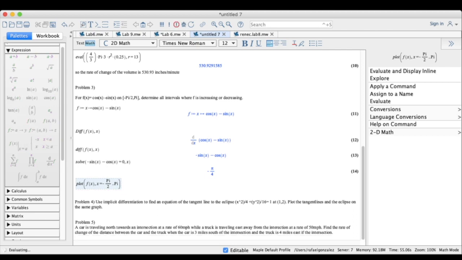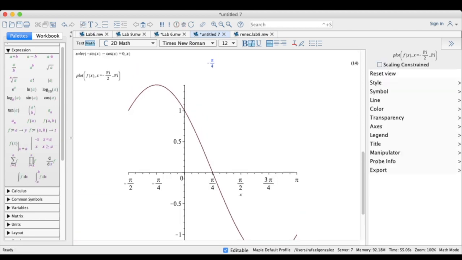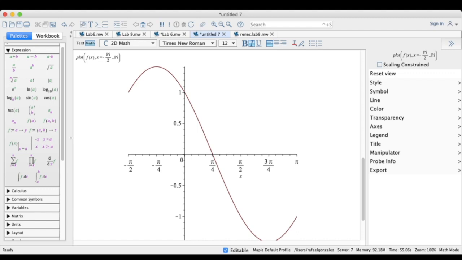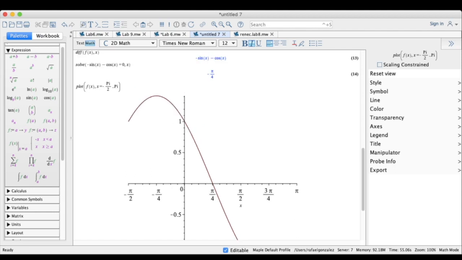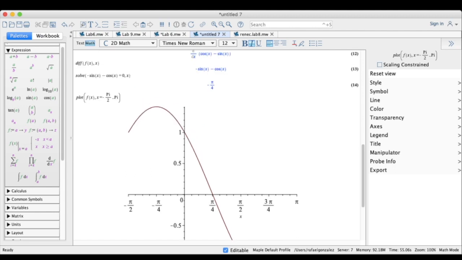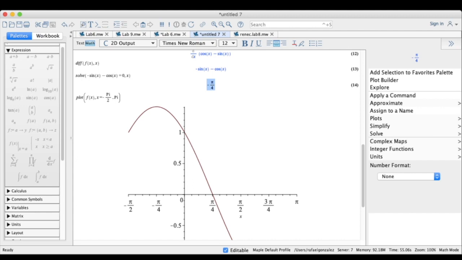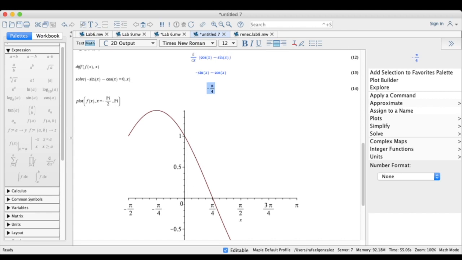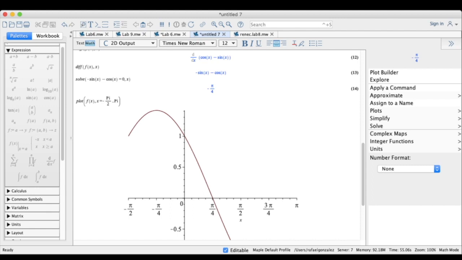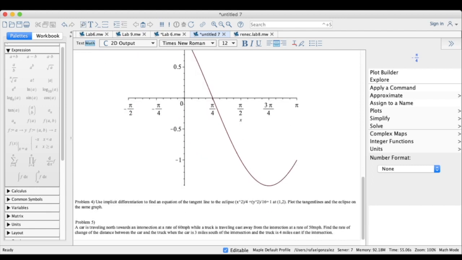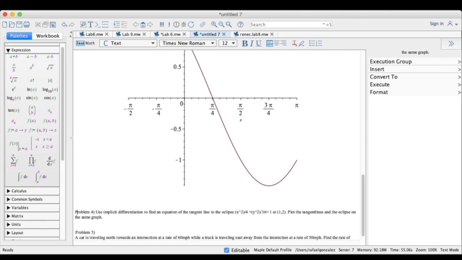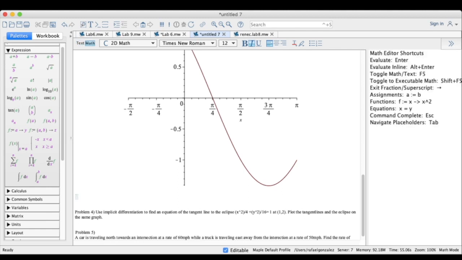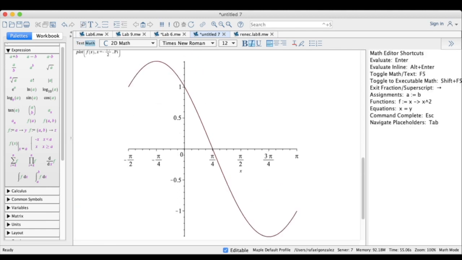So here we could clearly see that it is crossing the x-axis at precisely pi over 4. For the derivative, though, the critical value, which is where the maximum or the minimum happens, occurs at negative pi over 4. So here we have a local maximum at negative pi over 4. So we could see that by the